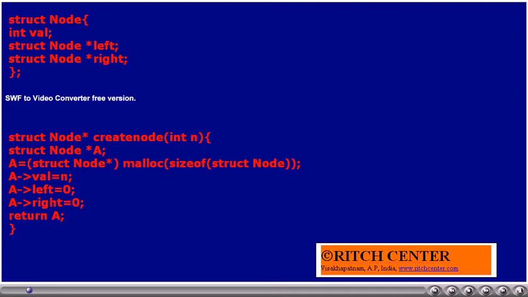We have written another function create node which takes an integer as argument and then creates a node type of object, and in that this integer will be stored, that is, val is equal to n is executed, and then left and right data members of that node will be set to zeros, and then that node's address will be returned to the calling program or function.